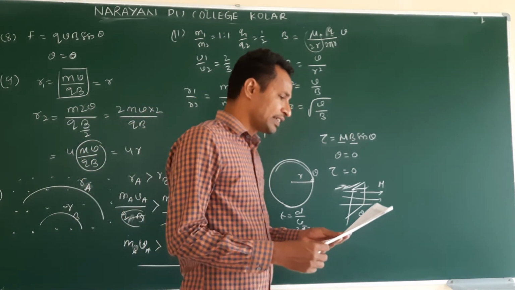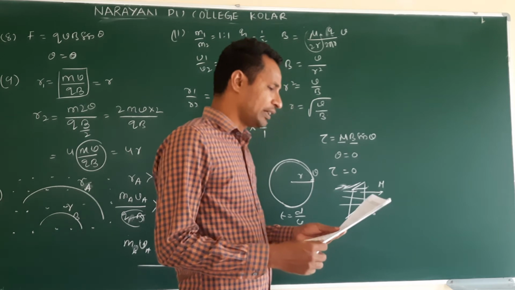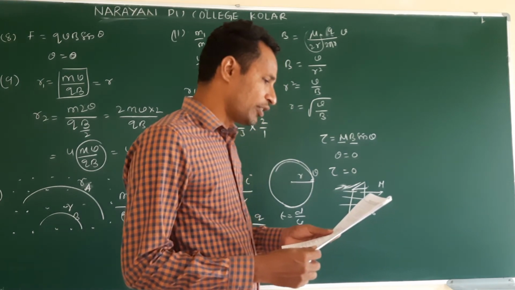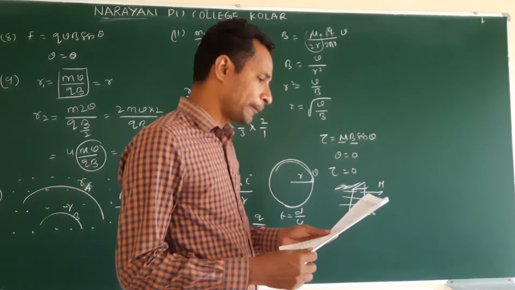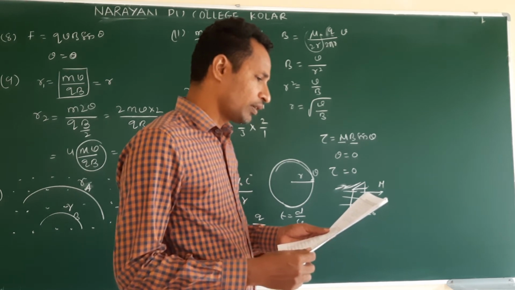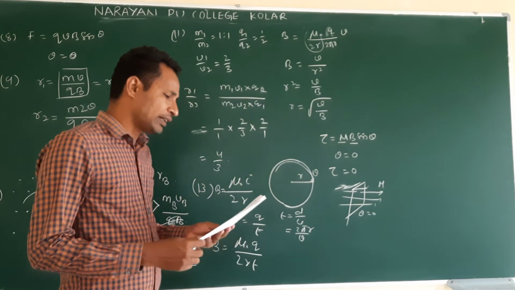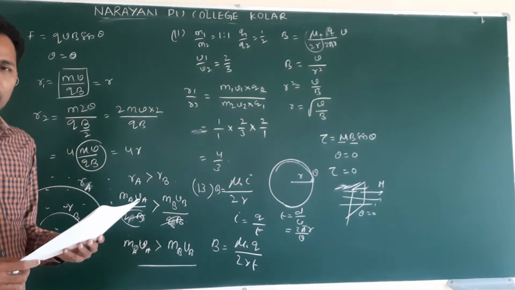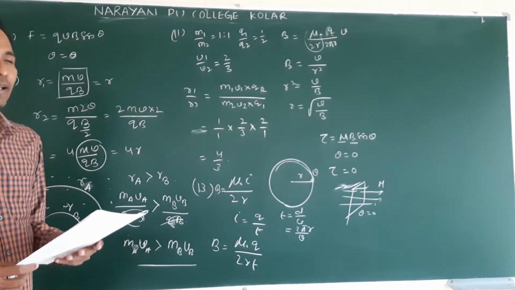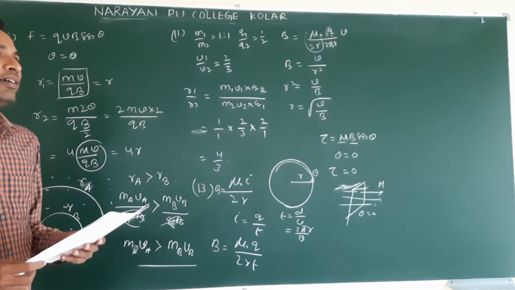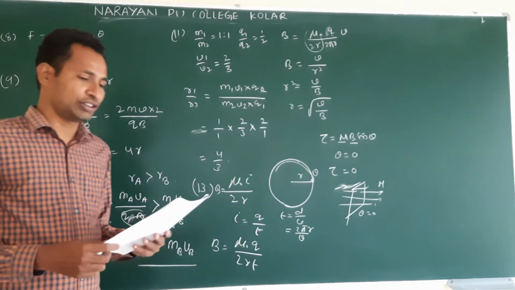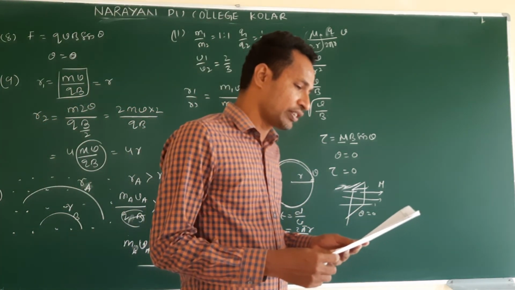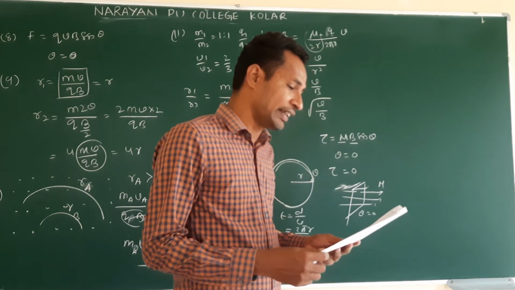Next, 18. The sensitivity of a moving coil galvanometer. Which sensitivities of a moving coil galvanometer can be increased by the couple per unit twist of the suspension? Here, current sensitivity is theta by I, deflection per unit current. You take the theta by I formula. Clear? Couple per unit twist of the suspension increases by decreasing.